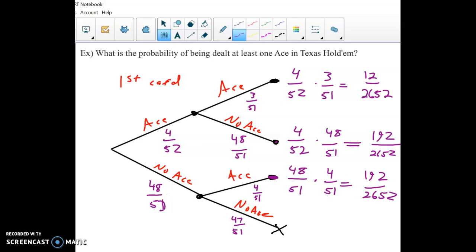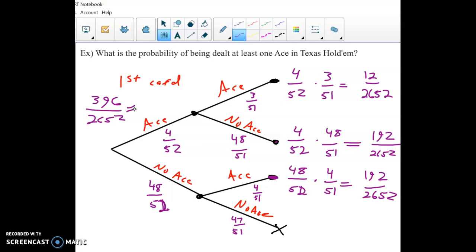This should have been a 52 here, sorry. So it'd be 52 times 51, which would still be the 2652. So my chances of getting at least one ace would be to add up all these three together. So the denominator would be 2652, and then add those numerators: 396 out of